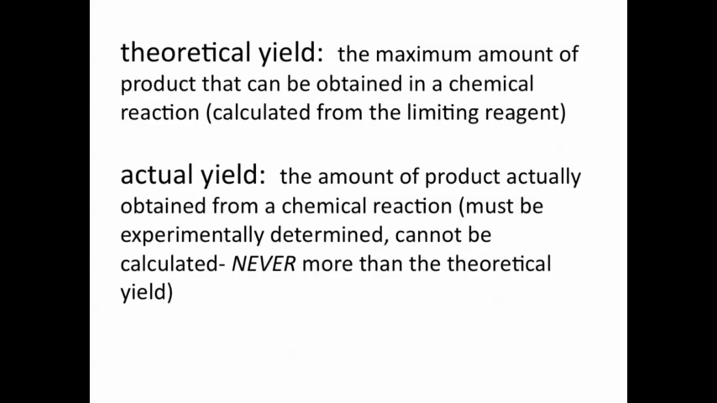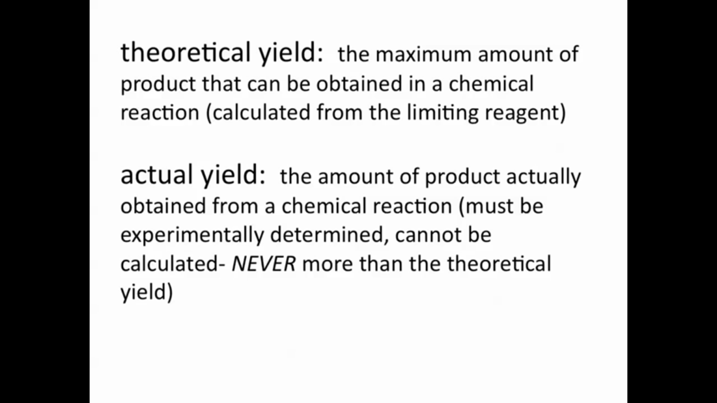The actual yield is the amount of product that is actually obtained from a chemical reaction. And so the actual yield is the amount of product you would actually obtain if you did this experiment in a lab. And these values must always be experimentally determined. So if you're doing a problem involving theoretical and actual yields, the actual yield would always have to be given to you. It's not something you could calculate looking at the balanced equation, where the theoretical yield can be calculated